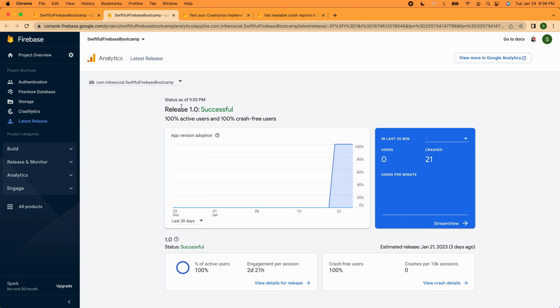So we just released version 1.0. The release version, it basically is trying to find the most recent version that it's getting reports for. So obviously we didn't release this, but it's trying to figure out what it is. And it says successful because the crash free rate's pretty high right now. It's obviously not 100%. So maybe there's some delay here, or maybe just some discrepancy because we're in like a